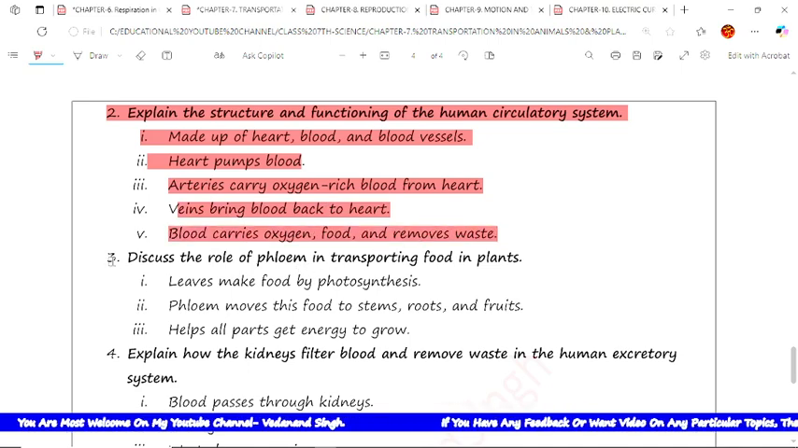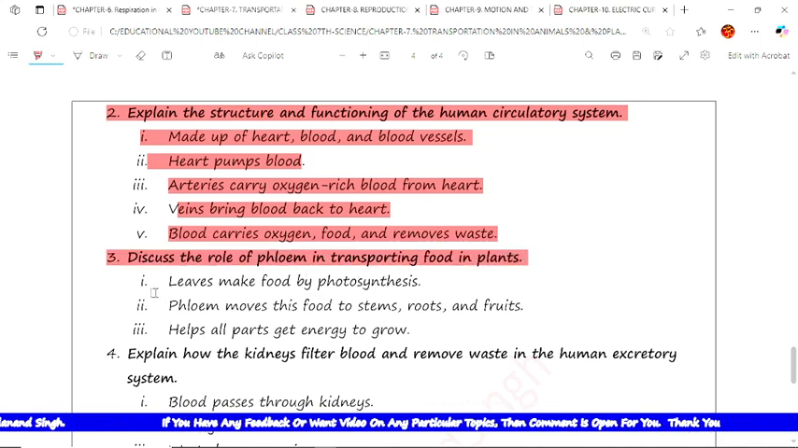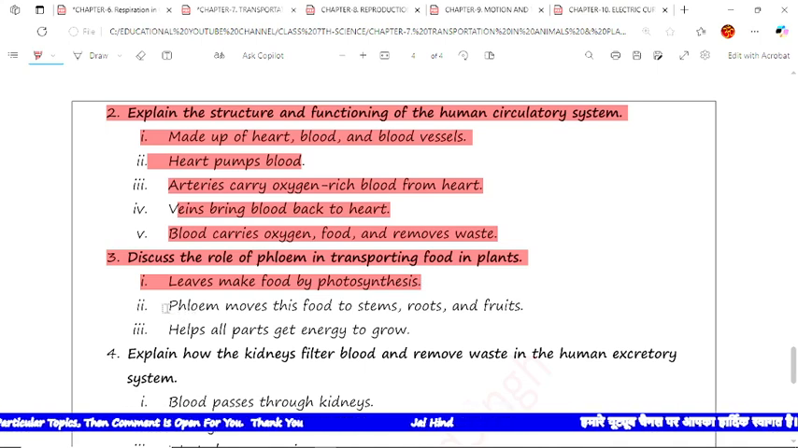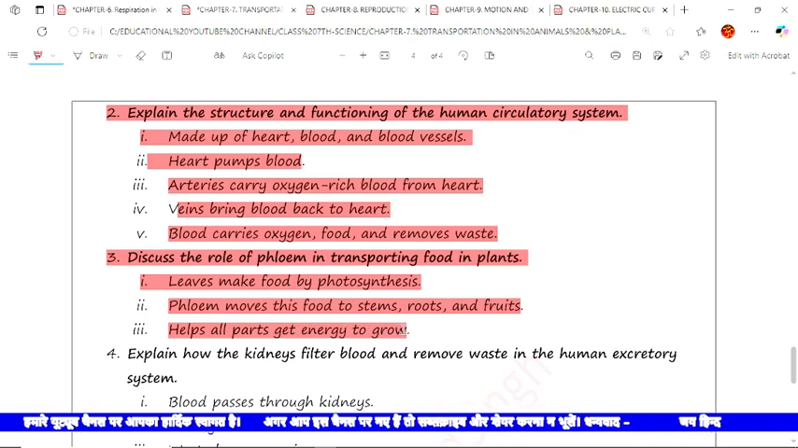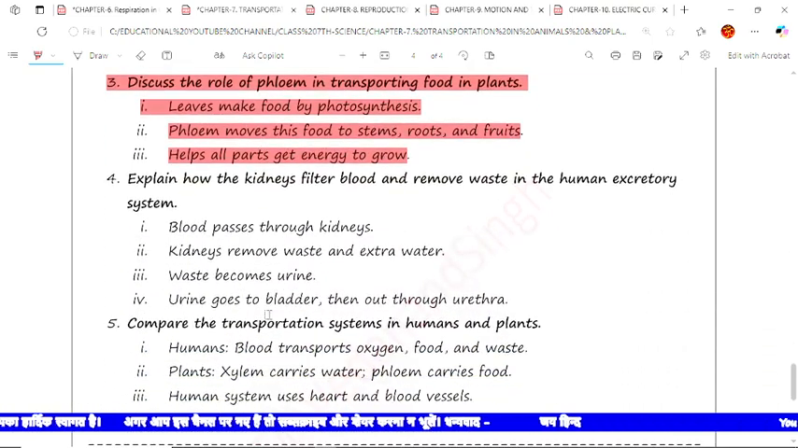Now the next question is discuss the role of phloem in transporting food in plant. The first point is as an answer leaves make food by photosynthesis. Second point is phloem moves this food to stems, root and fruits. Now the next point is it helps all part get energy to grow. The question number 4 of the long type is